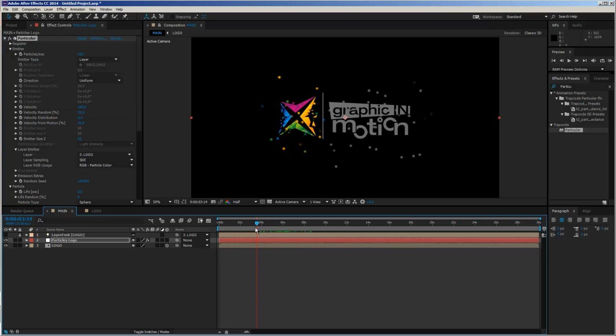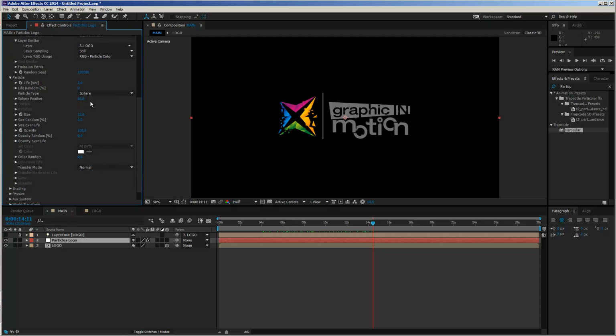But what I want to do here is I don't want them to shoot out, I want them to form the logo. So I will just reduce all the velocities in the emitter settings. So let's take down the velocity to 0, let's take down the random velocity distribution and the motion from velocity. And you see now, you don't see much, but you see some particles are blinking. So we have to increase the lifetime a bit. 3 seconds is a little bit short, so I will increase this to about 7 seconds for now.